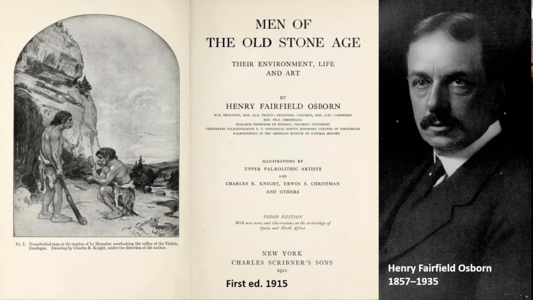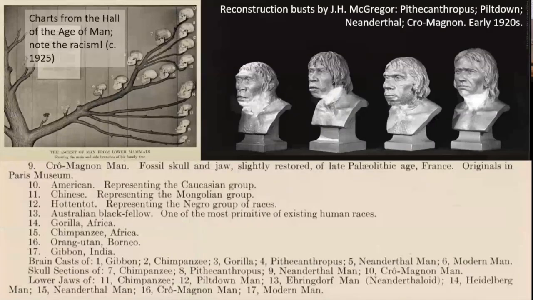The exhibits at the American Museum's Hall of the Age of Man reflected Osborn's vision of the sensitive artist Cro-Magnon. As Victoria Kane and Marion Summer have explored, Osborn was a significant advocate for the kind of visual education that G. Brown Goode had identified as a necessity in the museums of the future way back in 1889. Osborn made that a reality at the American Museum, where he oversaw dynamic reconstructions of dinosaurs, animals, and humans.